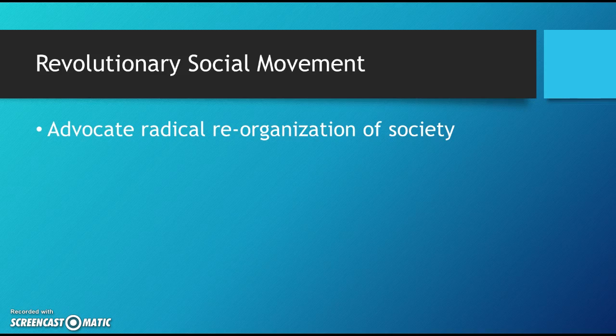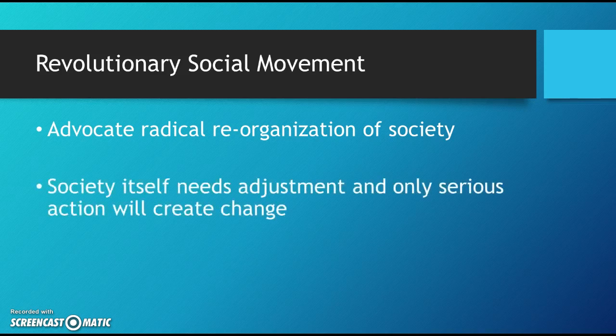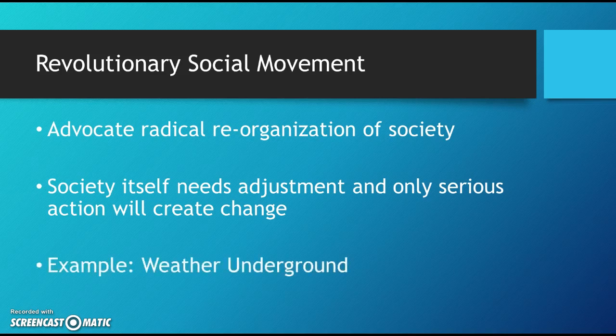So it's not just one specific thing, it's broader things like gender inequality or inequality because of sexual orientation or racial inequality. Normally, revolutionary social movements don't really like to use the accepted political process to have their goals met. Typically, they go outside of this, and this can include violence. So, one example of a revolutionary social movement was the Weather Underground. These folks were protesting the Vietnam War,